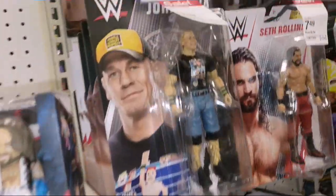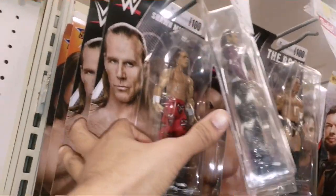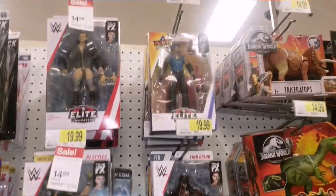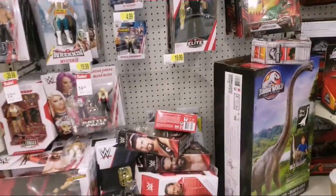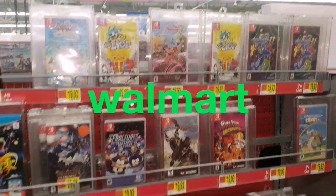But these are $7.49, the basics, so they're not that bad. There's a Jeff Hardy there. There's a Shawn Michaels and an AJ Styles. But none of these I really need in my collection. But I thought I'd add this in as some footage. So here are some of the other games that are here for sale